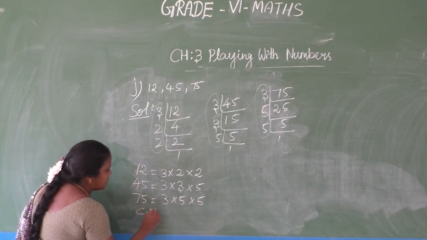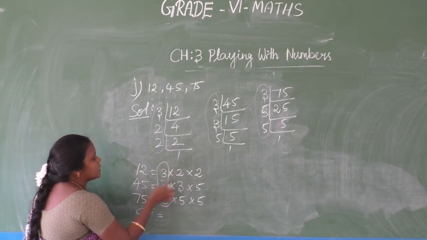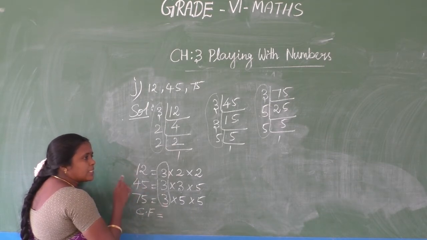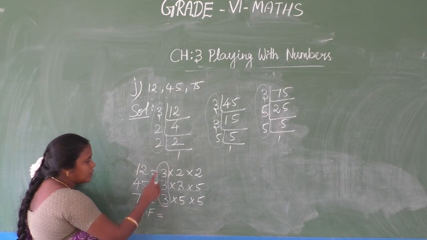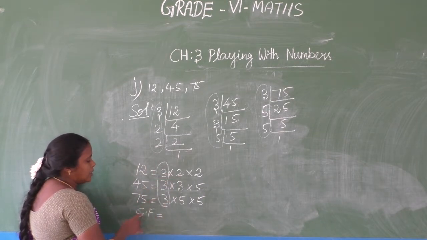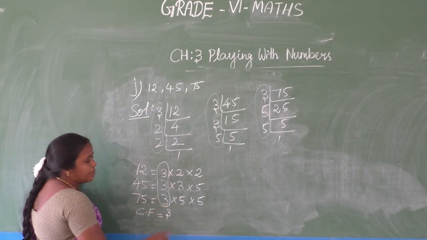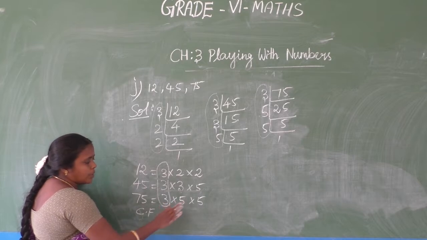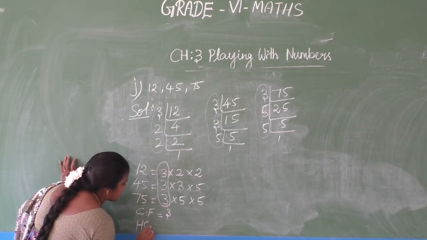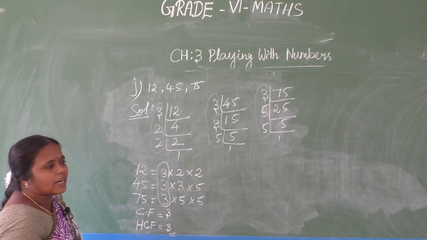Common factors means what will come? In all the 3 categories, whichever is coming commonly, that is the common factor. Previously we took 2 numbers, here 3 numbers. With 3 also it should be the same, that is called the common factor. That means here 3 only is the number coming in the common factor category, no other numbers are coming like this. So this is the final answer, that means the HCF is also 3 only. Clear? This is another type of sum.